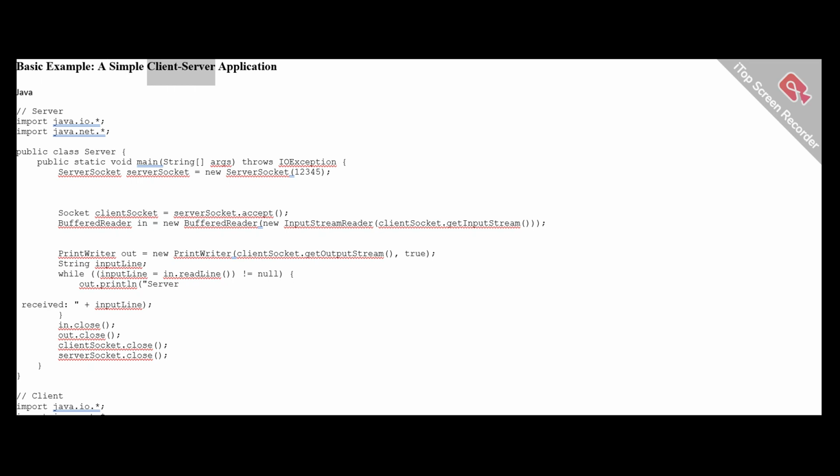Basic example, a simple client-server application. Java. // Server. import java.io.*; import java.net.*; public class Server { public static void main(String[] args) throws IOException { ServerSocket serverSocket = new ServerSocket(12345); Socket clientSocket = serverSocket.accept();